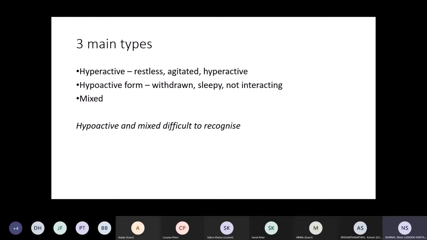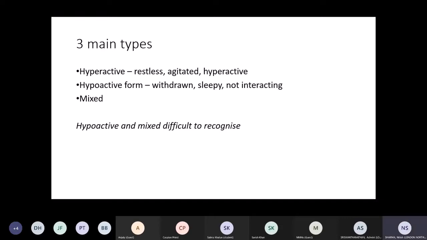Hypoactive and mixed delirium are very difficult to recognize, as with a hyperactive patient, a patient who is restless and agitated in the wards or on admission, everyone would be able to identify and flag it up. But a patient who is in the ward sleeping quietly, or who's admitted and just sleeping, resting in ED, everyone misses. No one's getting disturbed. It's very important to recognize hypoactive delirium as well. And mixed delirium is difficult to recognize because of the fluctuating course.